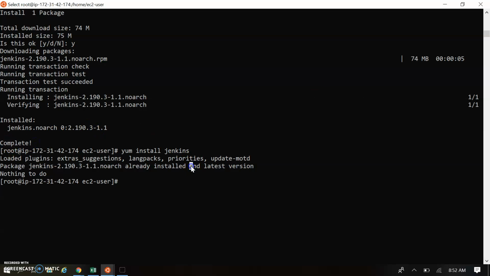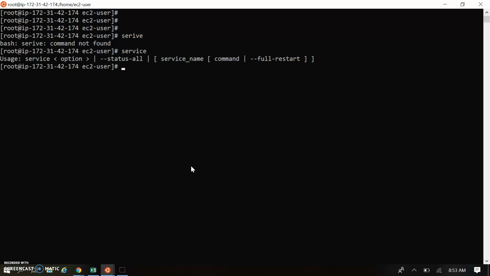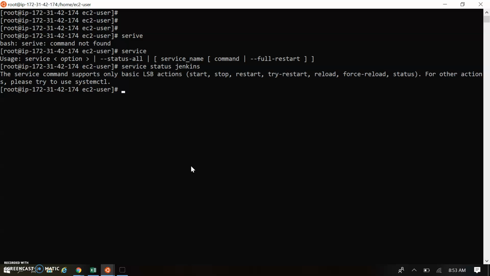Let's move on to the validation of the Jenkins installation. I'm just clearing my screen. Here we'll see the status for the Jenkins service.